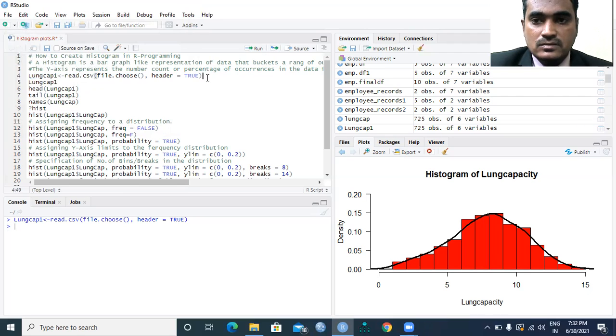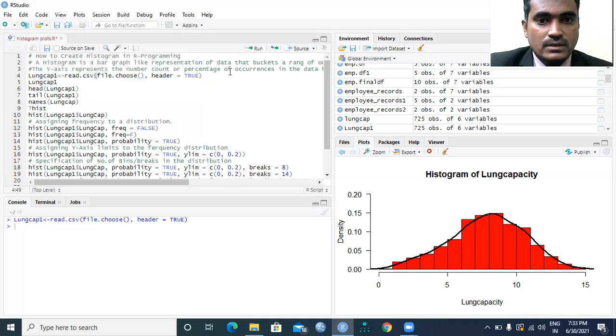The header equal to TRUE is there because the lung cap data includes a header, with 6 variables and approximately 497 observations. The 6 variables have the header, so that's the reason for header equal to TRUE. This file I'm assigning into a new variable, which is lungcap1.